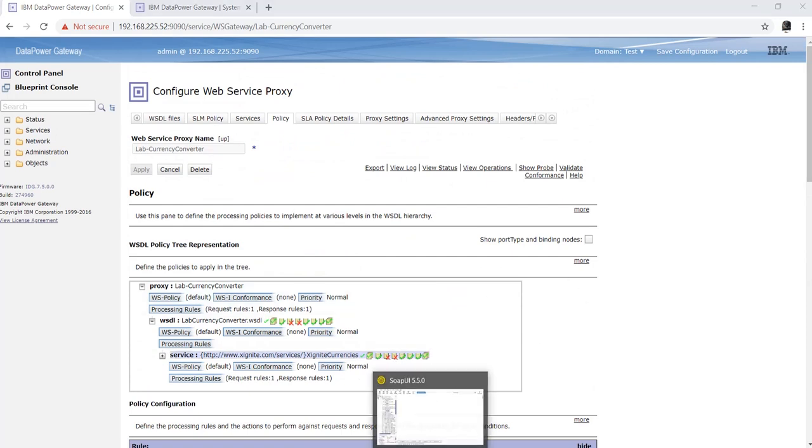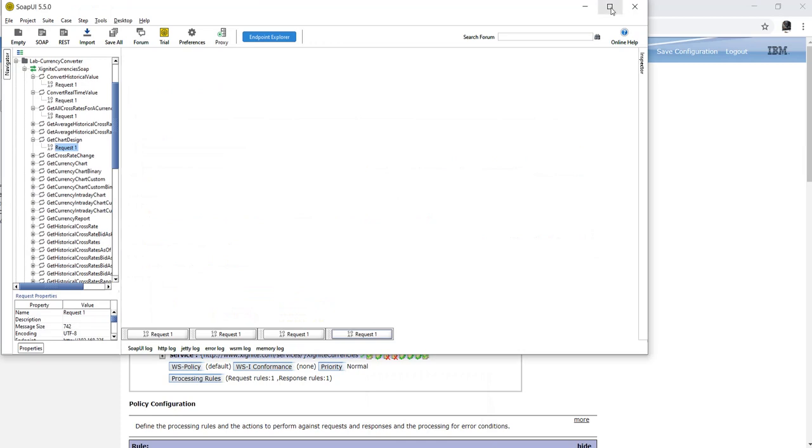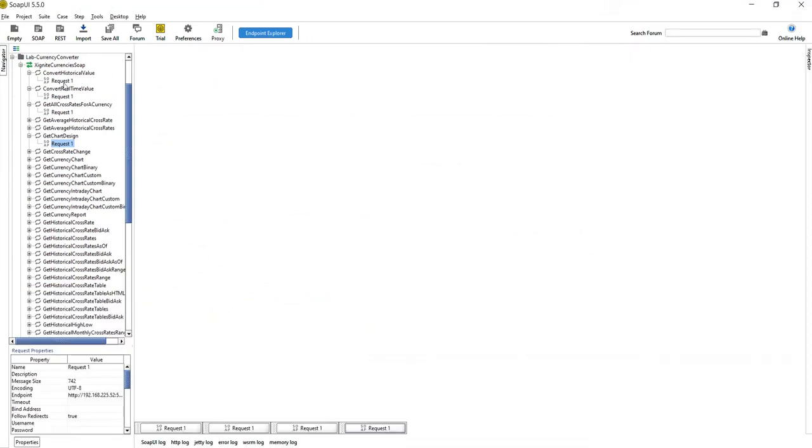So let's start with convert historic value. Here we have values. I don't know the exact values, but I'm just passing some sample values. See the response.